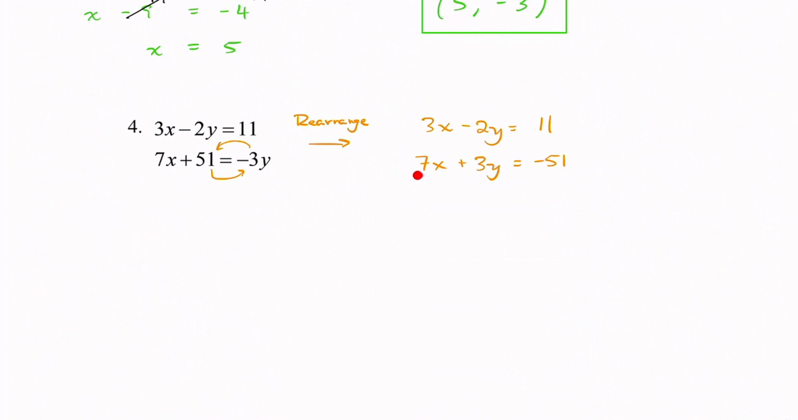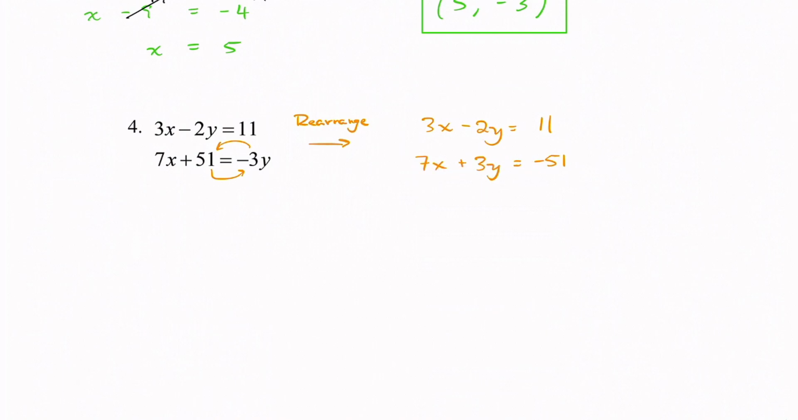We need these to be the same, or we need these to be the same. And I can't multiply anything by 3 to get 7, or multiply anything by 2 to get a 3, unless I start using fractions, which I don't want to do. But what I could do is multiply this equation by something, and this equation by something, and then maybe get